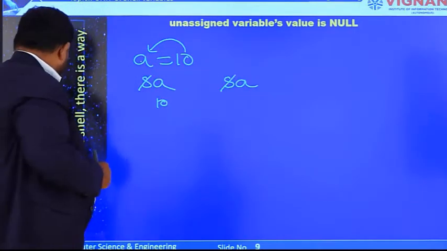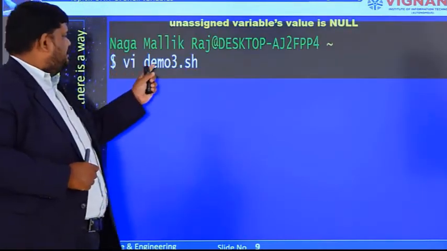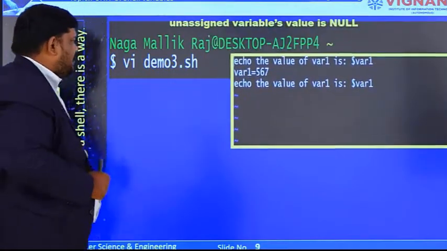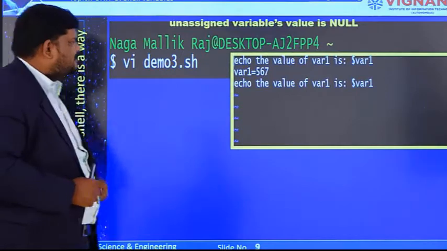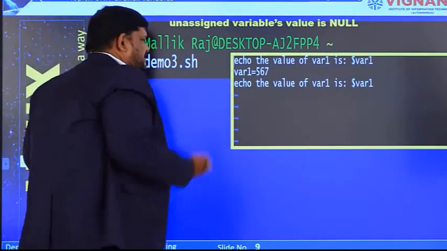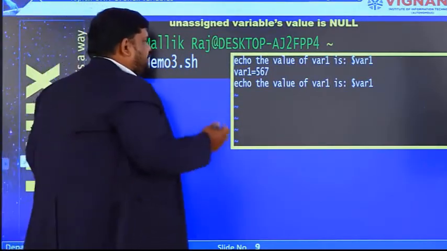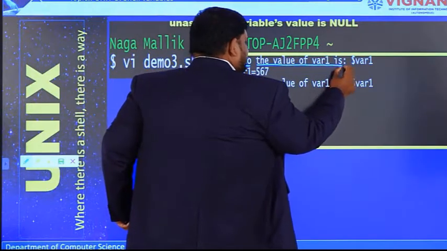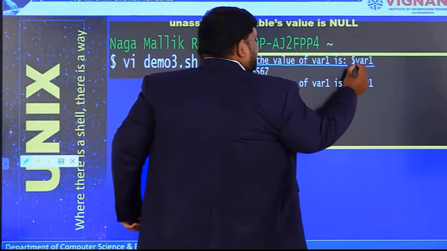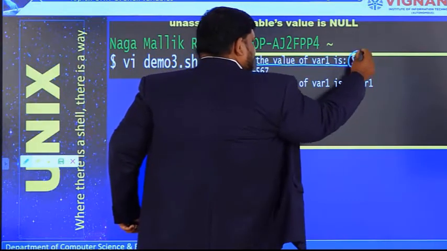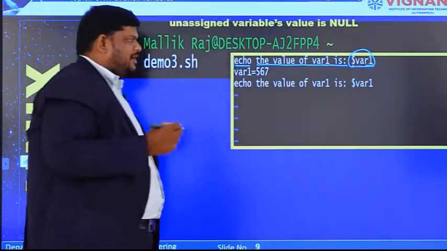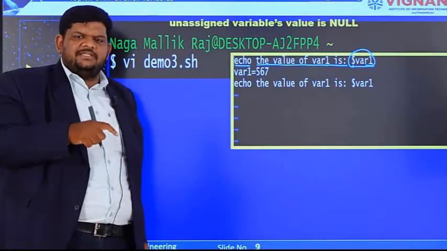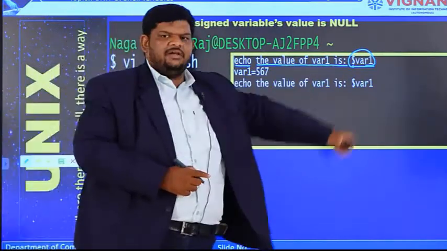So let us consider one program. Here I am creating one demo3.sh. Let us observe the code. In the first line itself I am trying to print, echo, the value of var1 is $var1. We know the meaning of this: the dollar indicates we are trying to access the value present in that variable var1.